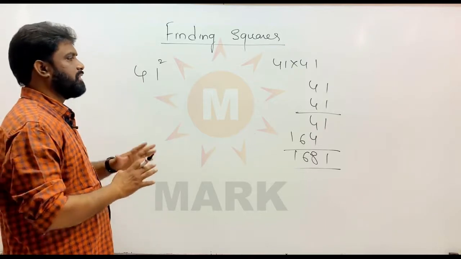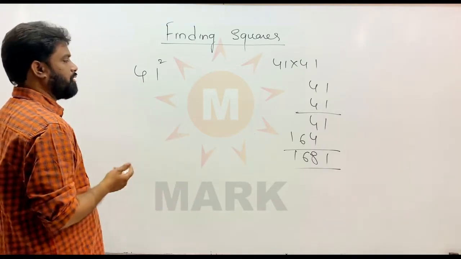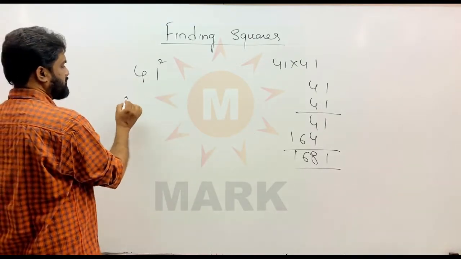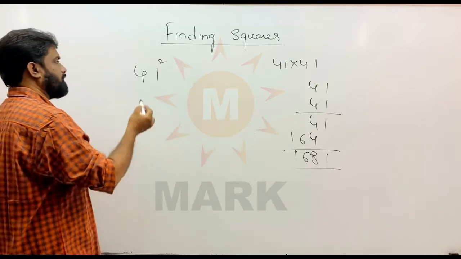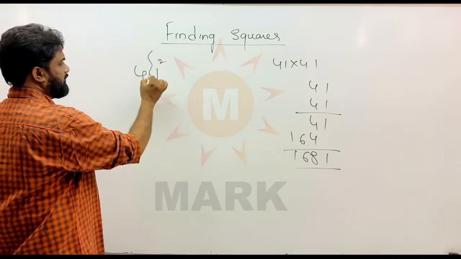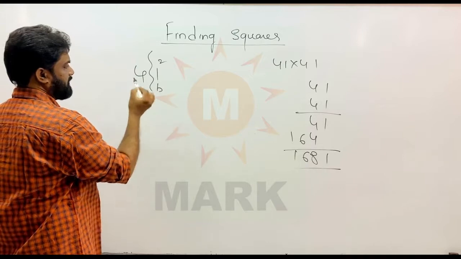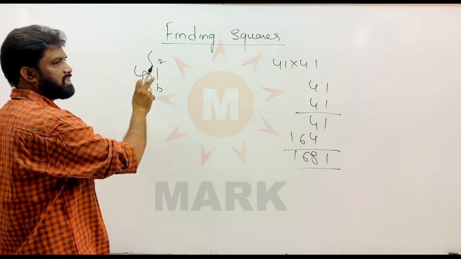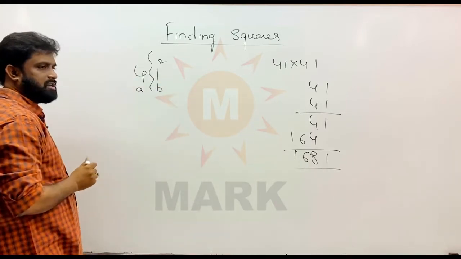Right? So here I am going to discuss a new method which is very useful to find the squares of any number. Not by the conventional method, I will teach you a technique using a plus b whole square. So this is 41 square, take this number as a and this number as b. I am taking the ones place number as b and the tens place number as a.